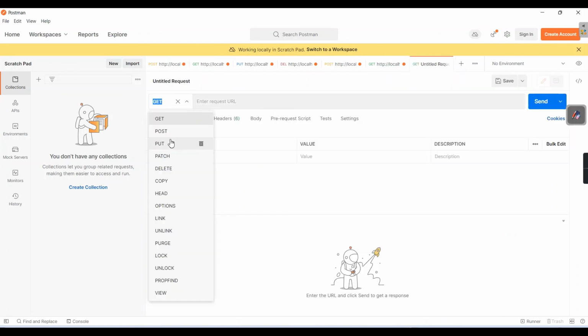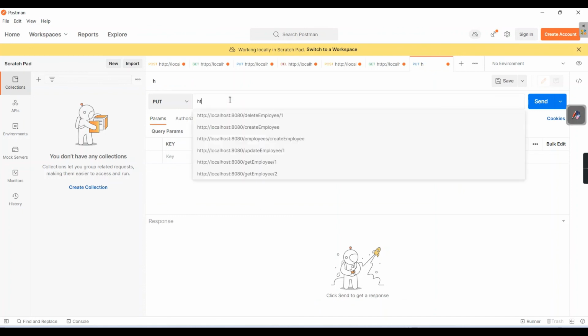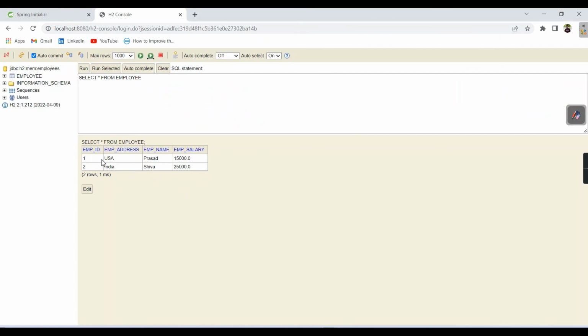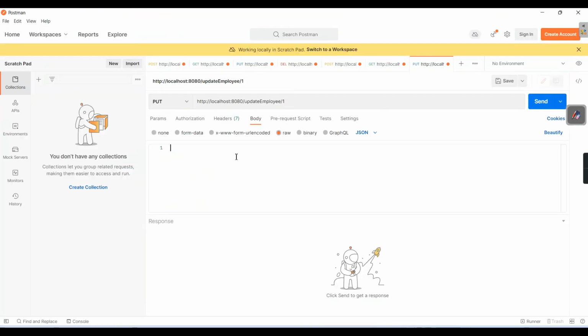Now we have only two things left: put, for that update employee 1. I am updating the employee ID 1 record. My goal is to update USA to Germany, Prasad to Gurram, and 15,000 to 30,000. For that I need to pass this object. Employee name is going to be Gurram, and employee address is going to be Germany,